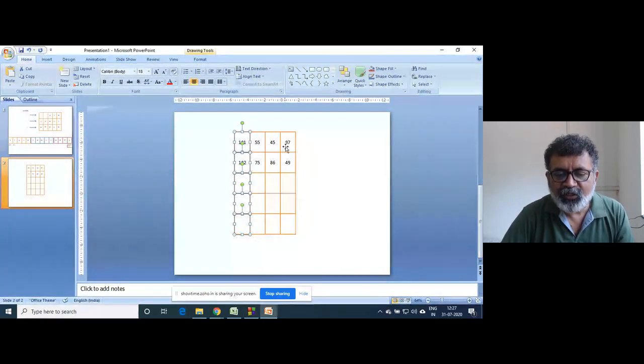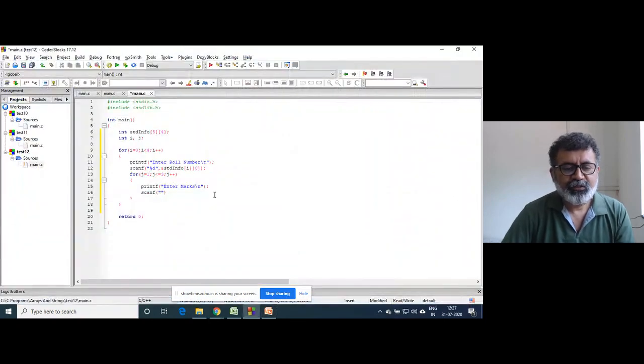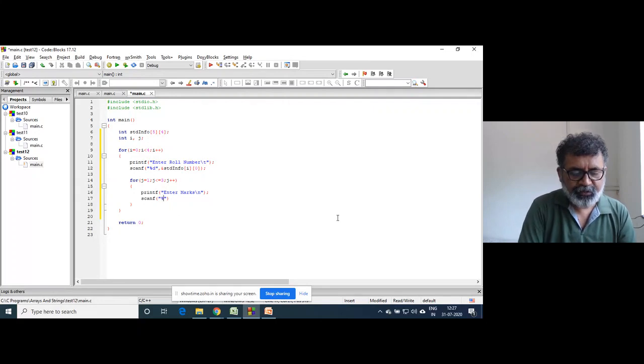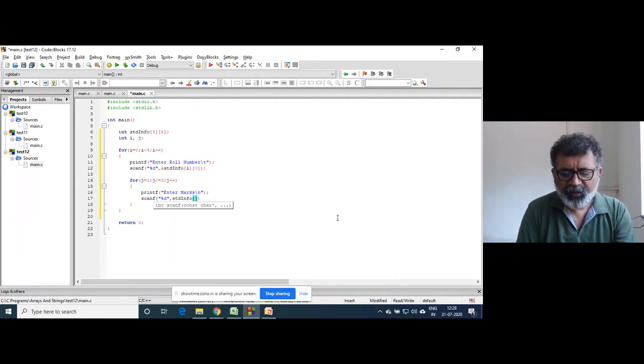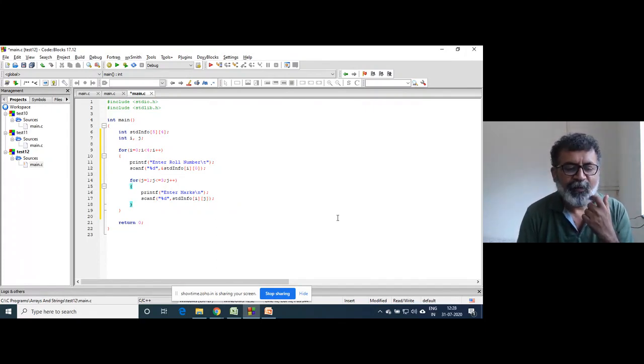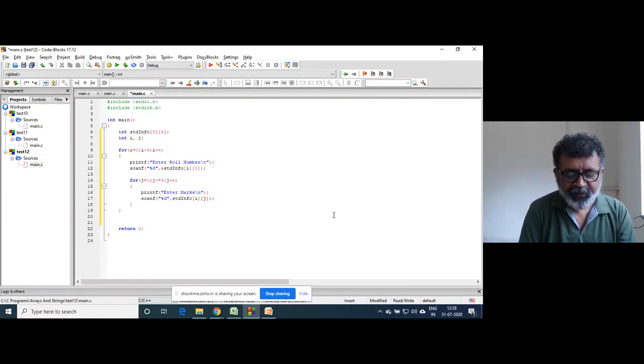so that for the values 1, 2, 3, we will take marks, right? Percent d, and here I can write std info. Here we can write i comma j, because j we have written already, right? And we can print that, at least print, and then go ahead.